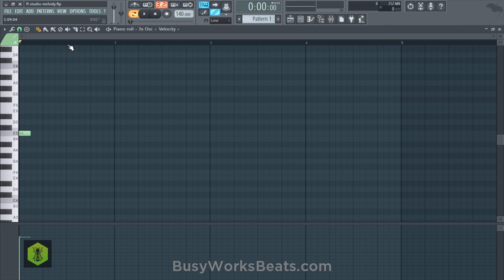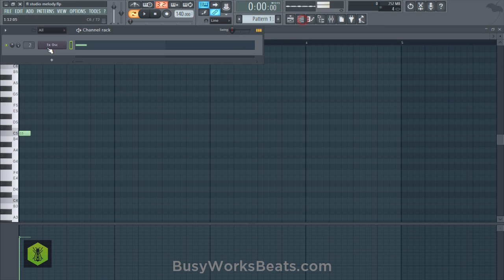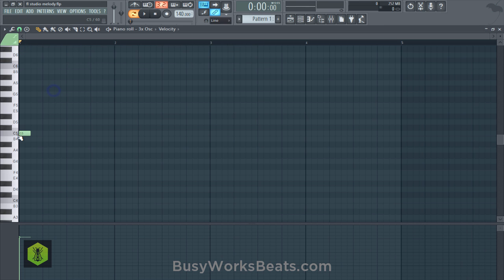Now, melody has much more to it than just are you going up or are you going down your scale? And by going up your scale, I mean, are you going from C to D? Let's turn the volume down a bit so it's not so loud. Okay, or are you going downward? Now, you don't have to go upward and downward note by note. You can skip notes and do your own thing.